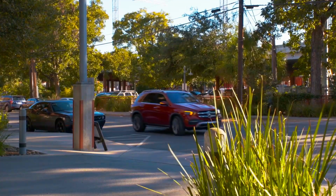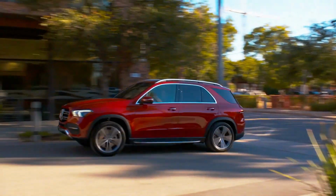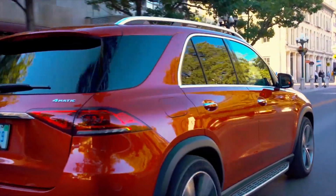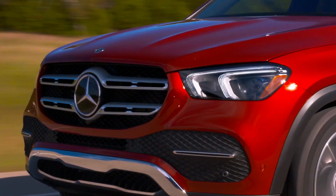Under the hood, both offer a great selection of powerful engines. The GLE 350 comes standard with a turbocharged 4-cylinder engine. Don't be fooled by its small size though. This 255 horsepower engine packs plenty of punch and can accelerate from 0 to 60 miles per hour in just over 7 seconds. Drivers yearning for a little more oomph can opt for the GLE 450 or the GLE 580